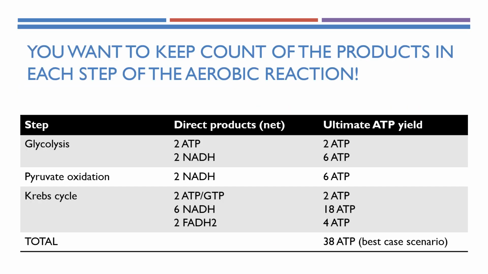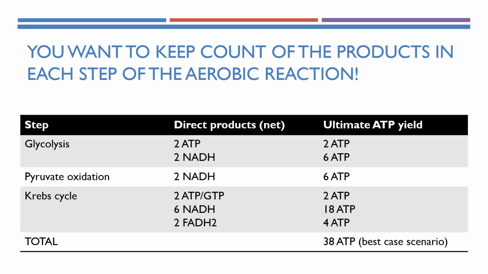Now again, you want to keep count of the products in each step of the aerobic reaction, because what we just went over, all of it is aerobic, except for glycolysis, that is anaerobic. But Krebs cycle and the electron transport chain require oxygen to occur. Okay, they are aerobic. So here, you can see that our direct products of glycolysis are 2 ATP and 2 NADH. And again, that NADH is going to go to the electron transport chain, and ultimately it's going to result in the production of 6 ATP. Okay? And glycolysis, again, directly produces 2 ATP. That is why it's called substrate level